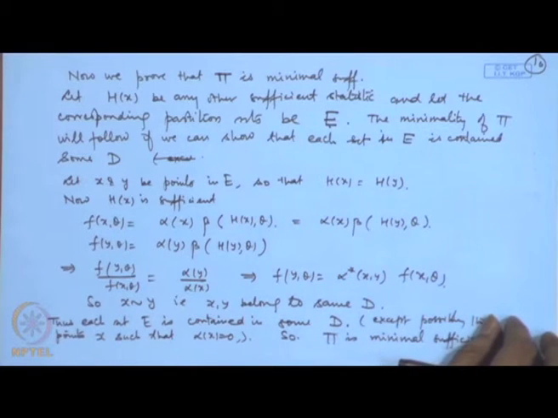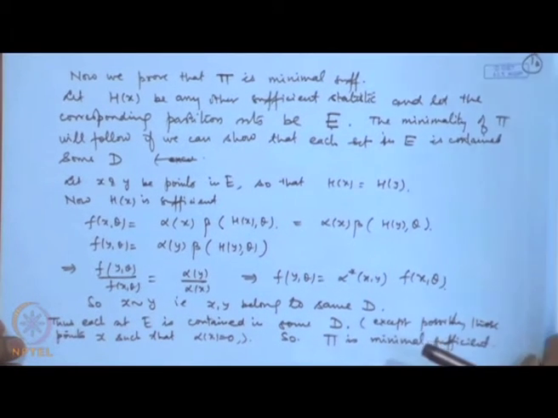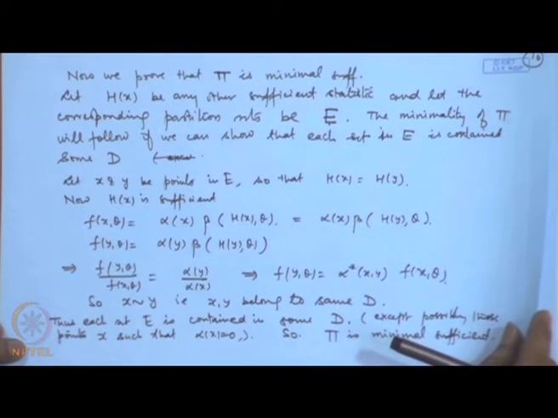So, this gives us a method of determining the minimal sufficient statistics. What we consider is that you take the ratio f(x, theta) divided by f(y, theta), and this should be free from the parameter. So, what is the partition that will induce this condition, and the corresponding sufficient statistic; if we find that out, that will be minimal sufficient. So, let me explain through some examples.